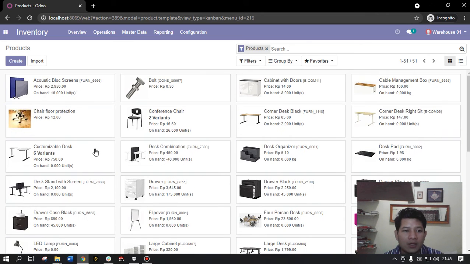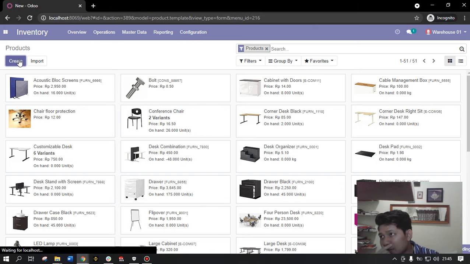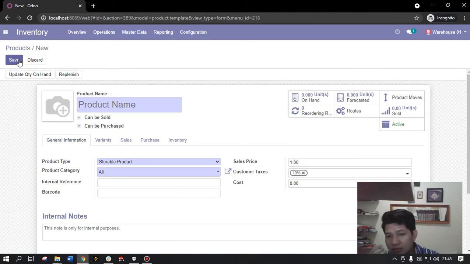But let's create the product. Let's say I want to create a product like a gearbox. Gearbox ABC. Part number is